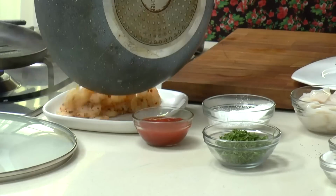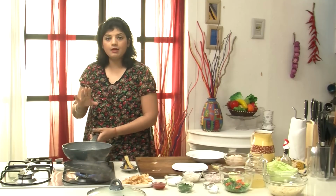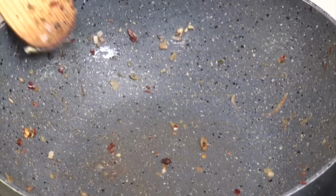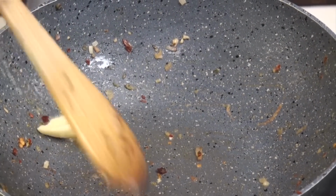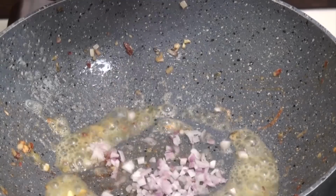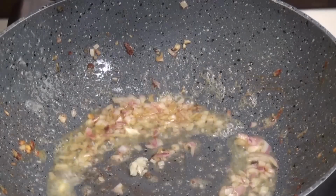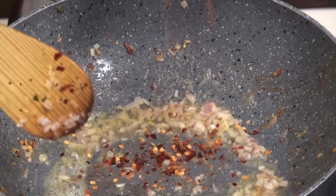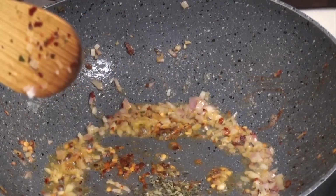So I think the prawns is cooked. Putting it here in this plate. In the same pan, same ingredients, same tossing, cooking time would change. Again with some butter, followed by some onions, then garlic, a little bit of chili flakes, some dried herbs,